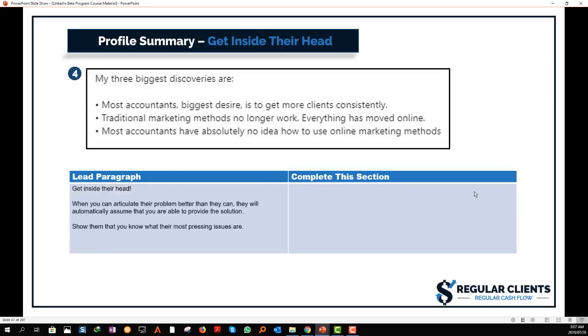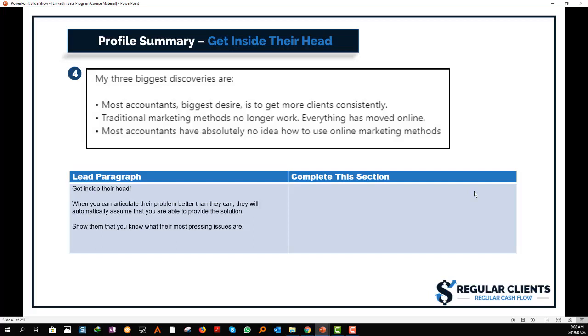Then we're going to get inside their head. So we started off by talking about the empathy. Remember when you were going through that process of finding out the pains and gains? Well, that's what this is all about. It's all about the pains and gains, and then reflecting it back to them. So it's kind of like